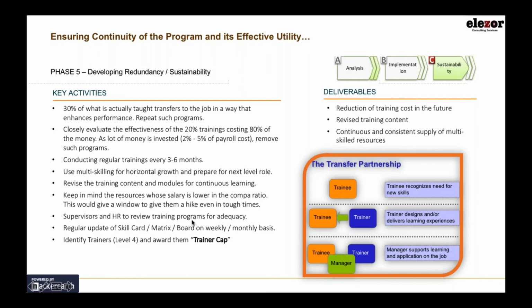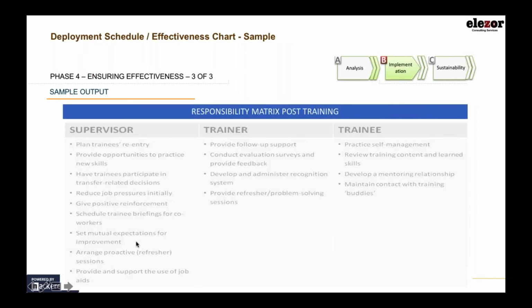Supervisors and HRs should review training programs for adequacy, and regularly update the skill card metrics board on a weekly or monthly basis. This is very, very important. I know this is a very trivial job, a very boring thing, updating the records, the metrics, the cards, the boards, but yes, the success of your program is dependent on these three. If these are not updated, the first three phases are all waste, and if those go waste, your whole program goes for a toss. And as I said, the people who fall in level 4 of your skill metrics,